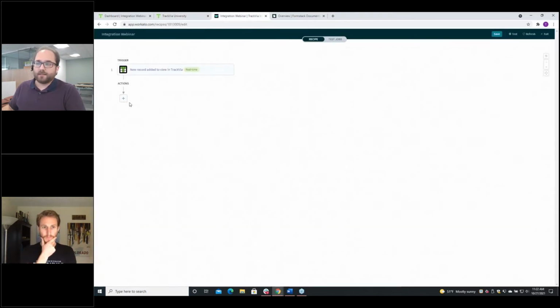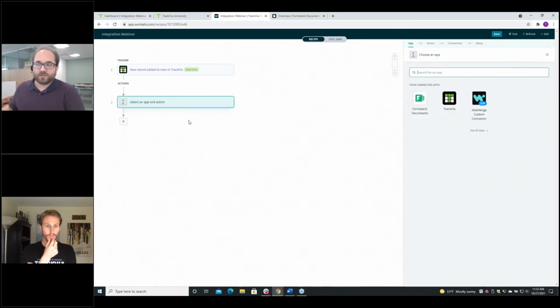So I'm going to go back over here, hit plus and say, what happens next? All right, so it gives you an option here. You can say either an action in an app, and this is just another one of these items where you're connecting to an application to do something in that app. But you can also, and we're going to use a couple of these later, put in things like conditional sets where you can say, only do this next part if the right condition is met, or do this next part for as long as the condition is met on a loop, things like that.